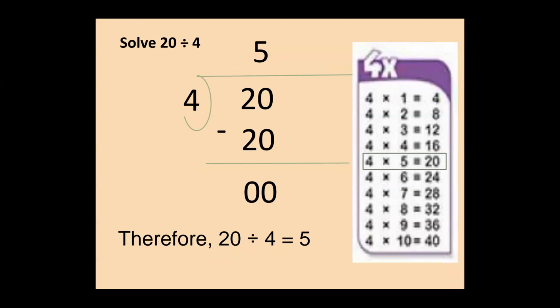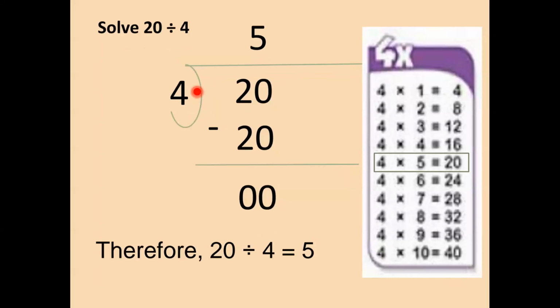First of all, you will be drawing a vertical line in a curve shape and a horizontal line, and then write 20 inside and 4 outside. The very first number is 20, which you will write inside, and 4 you will write outside, which means you are going to divide 20 by 4. Now how to divide 20 by 4? Everybody knows 4's table?